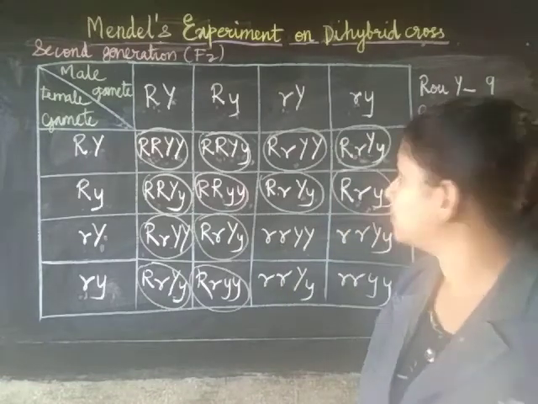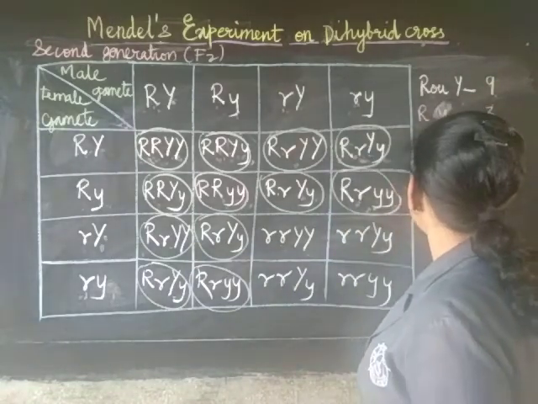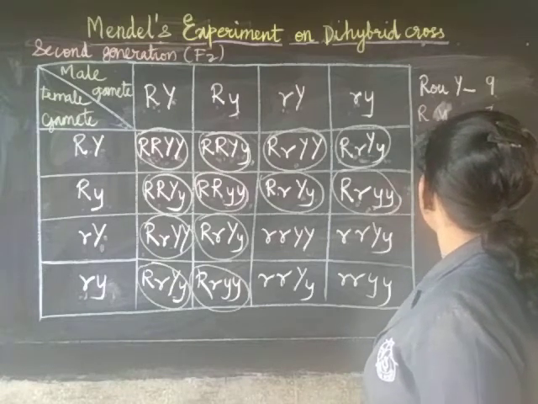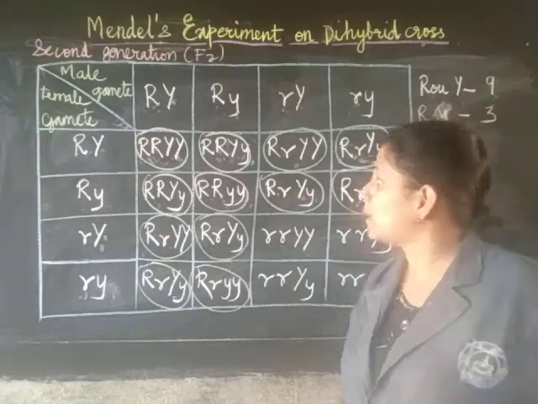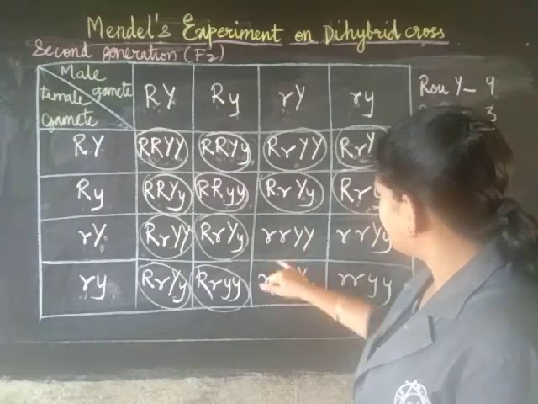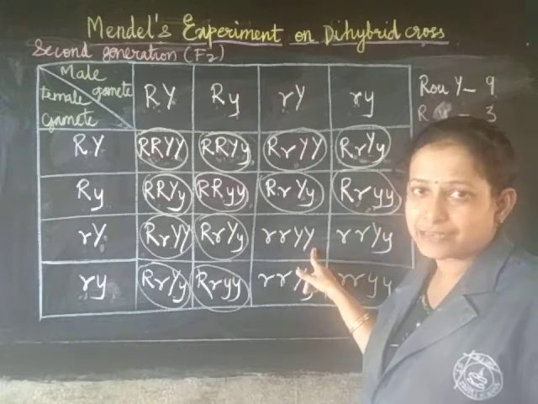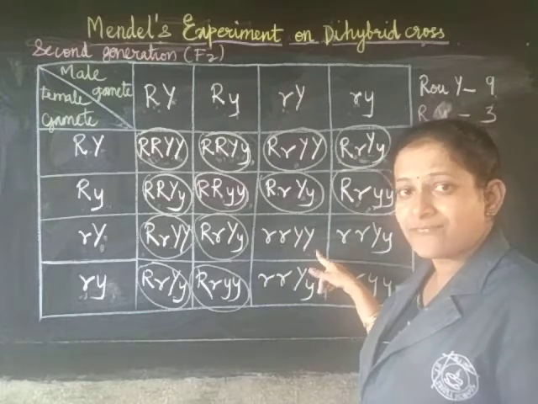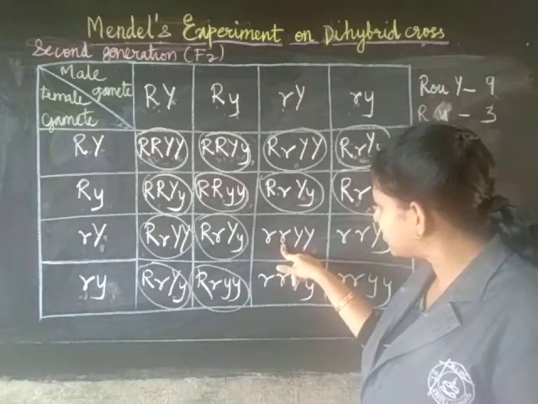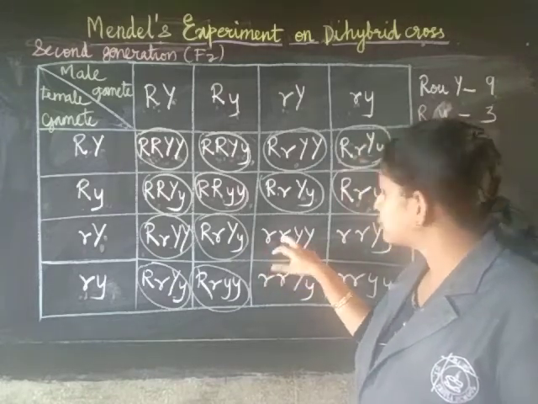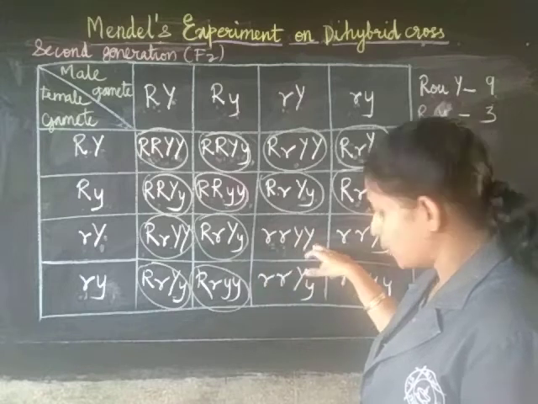We have to see now next combination, wrinkled and yellow. Wrinkled and yellow is small r, capital Y. We'll see now wrinkled and yellow. So this is wrinkled and yellow, since capital Y's are there, not green. Green is for small y letters. So this small r means not round, they are wrinkled. So here we are getting wrinkled and yellow 1.